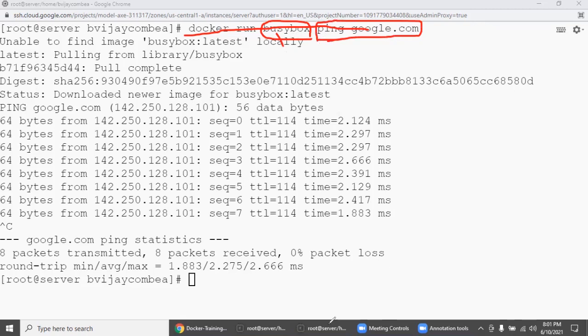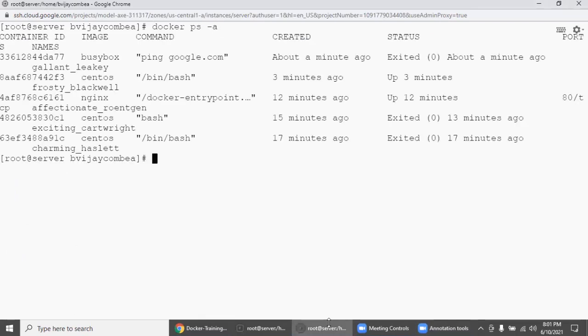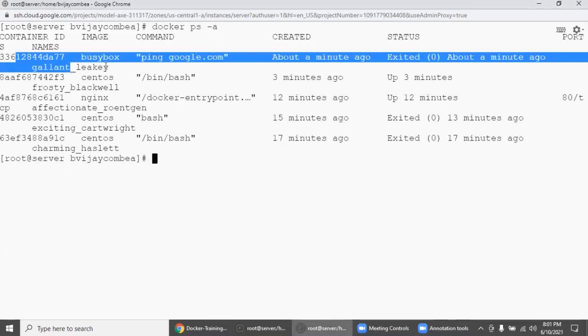Let's check whether any container is running or not. So let's go here. See here, after the command completed, it exited, because we never told it to run as a container in the background process. Correct. If you run as a background process, then definitely the ping command will work.